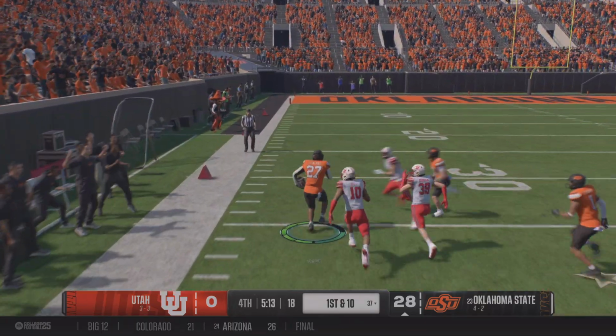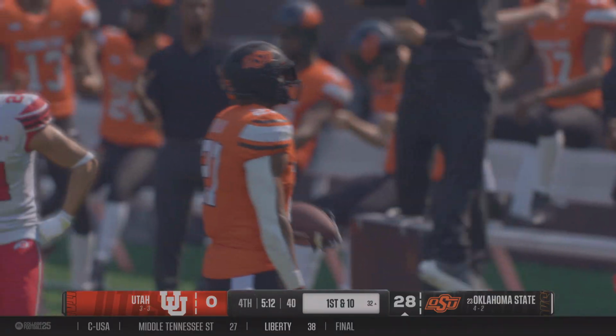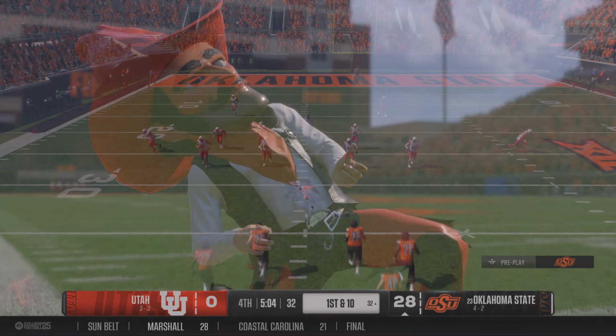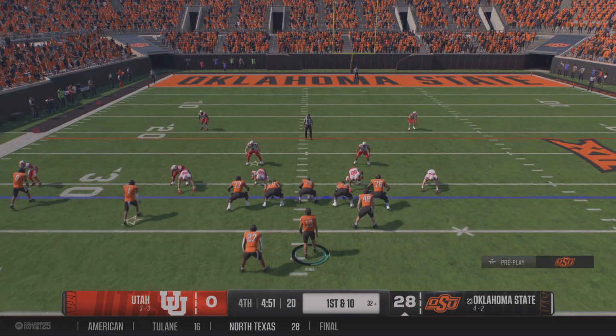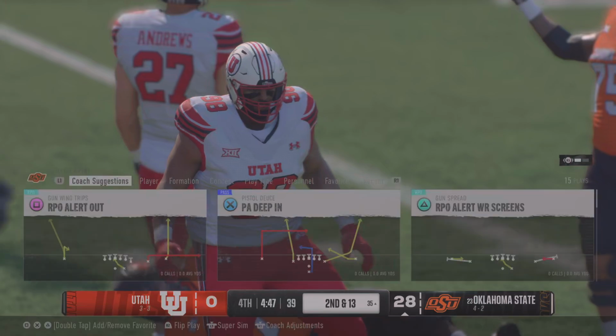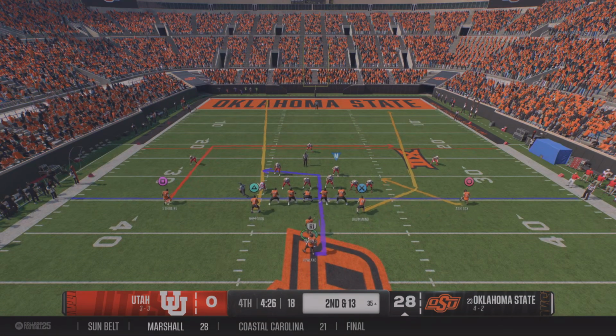Turns it on in midfield. Can anyone catch him? He got loose, almost housed it, finally dragged down number 32. And he finally breaks one. They get rewarded. They've been trying to run the football, Palmer, but just haven't had success all day. Yeah, and the staff never gave up on him too, right? They kept giving him opportunities, and maybe that's the run that starts to open things up here later in this